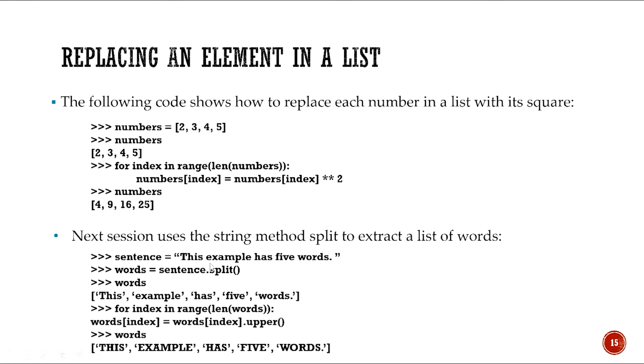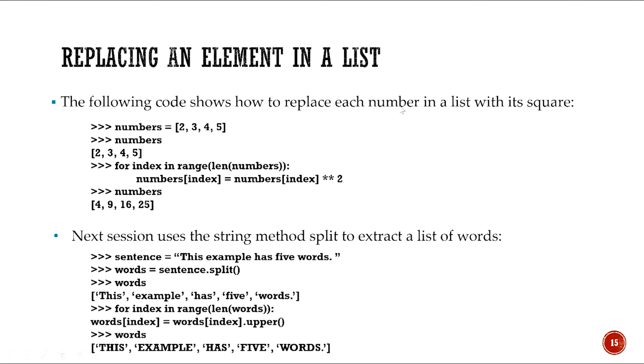The next example is to use a split method, and then, as you can expect, we split a sentence into different words. And then we want to apply some formatting rules. For example, if we want to make all characters uppercase or lowercase, there are many built-in functions in Python that we can use. Let's start with the first example here, where we want to replace each number in a list